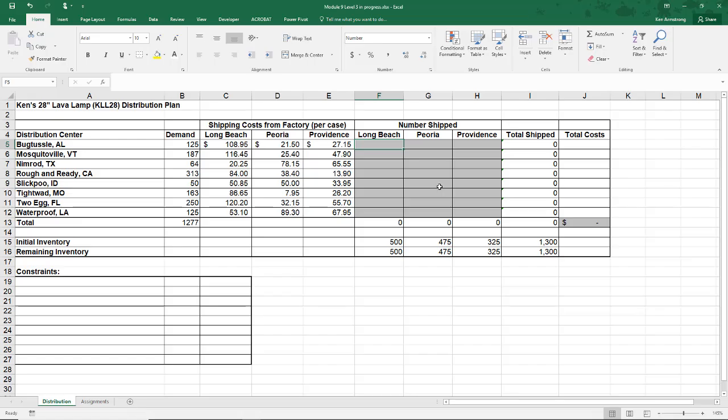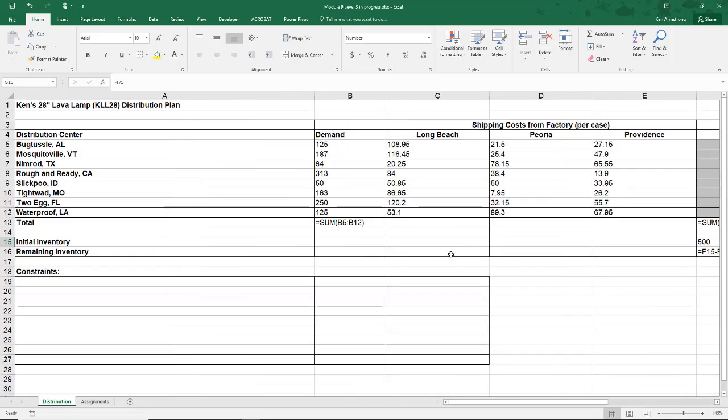I have a lot of formulas already completed on this sheet, so let's poke around here a little bit to see what all's going on. Let me turn on my ability to see all the formulas by hitting Control plus the tilde key. If you haven't done this yet, you might want to experiment with it.